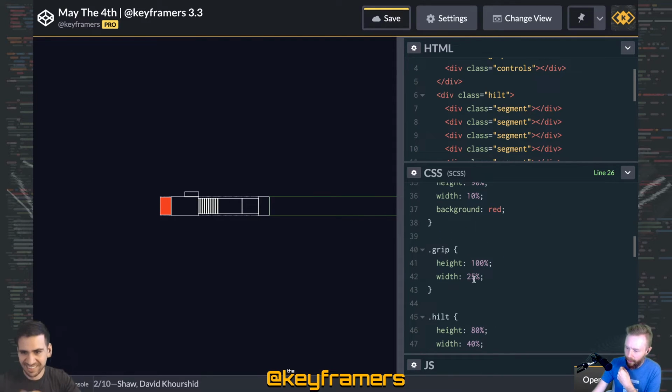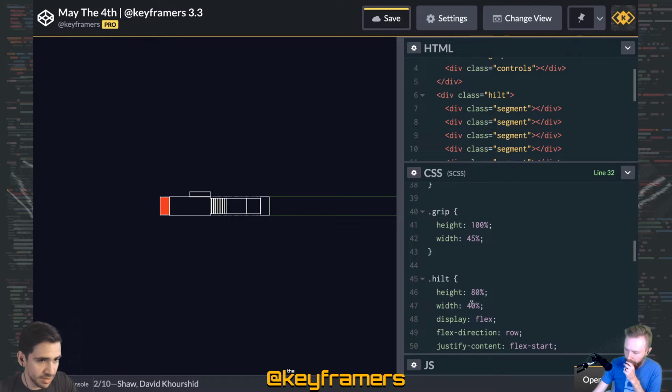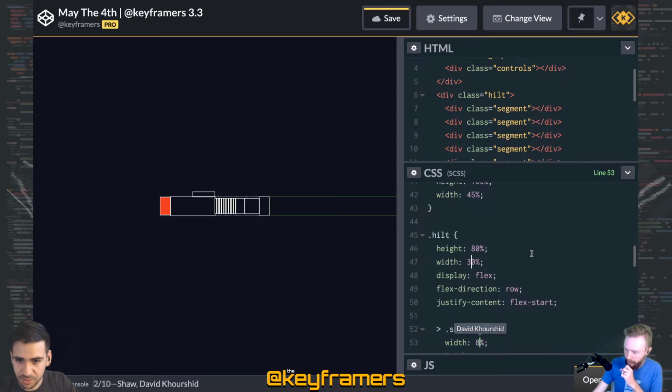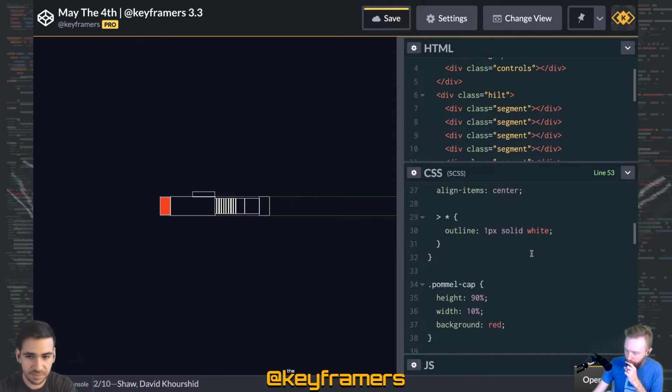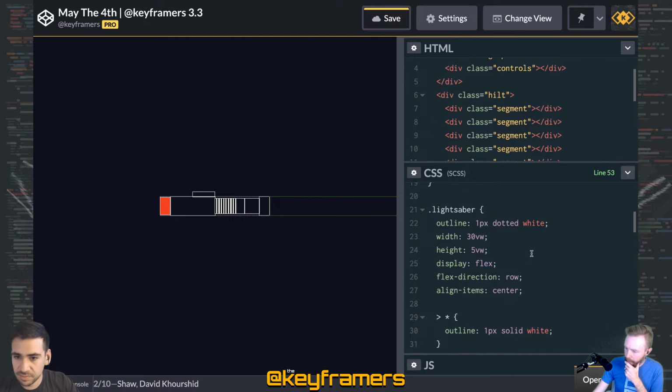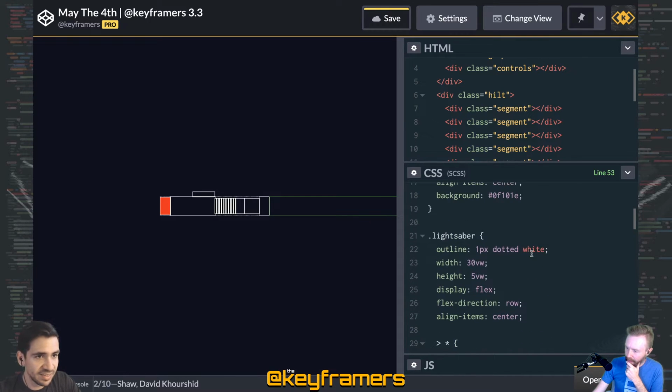Okay, so the grip, the width of that is a little more, let's say. Yeah, and you could adjust those easily. I made it so that it all adds up to like 100, but yeah, we could definitely adjust and do whatever we need to do there. Definitely some room to tweak, that's for sure. Okay. Notice you're not using ems for sizing, so. No, why would I do that? Right, and then,